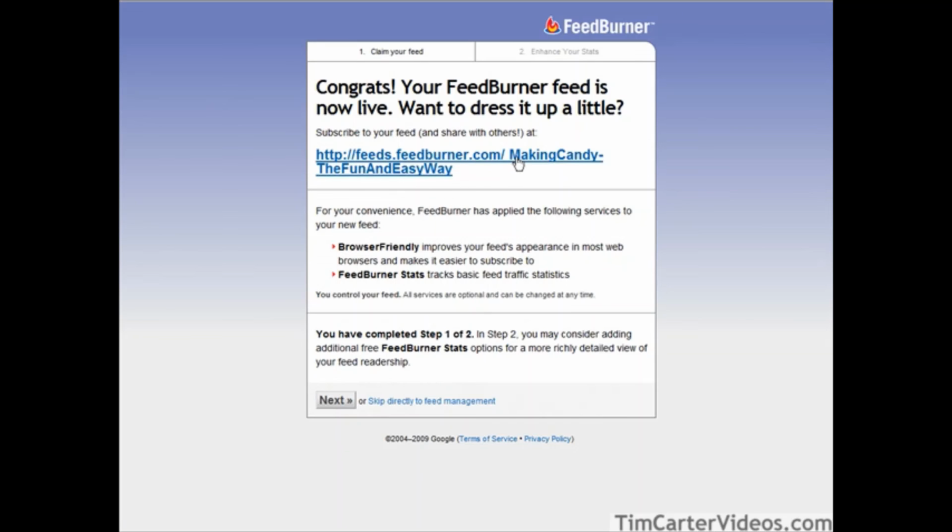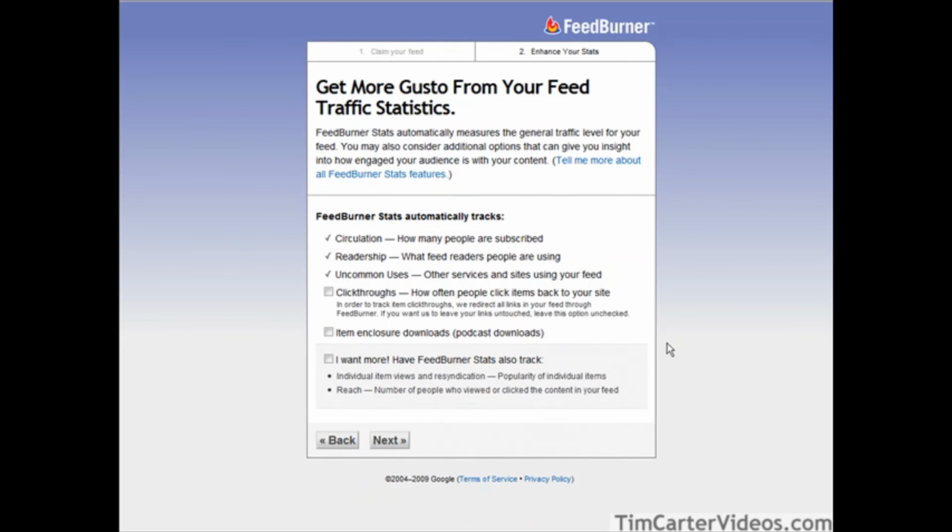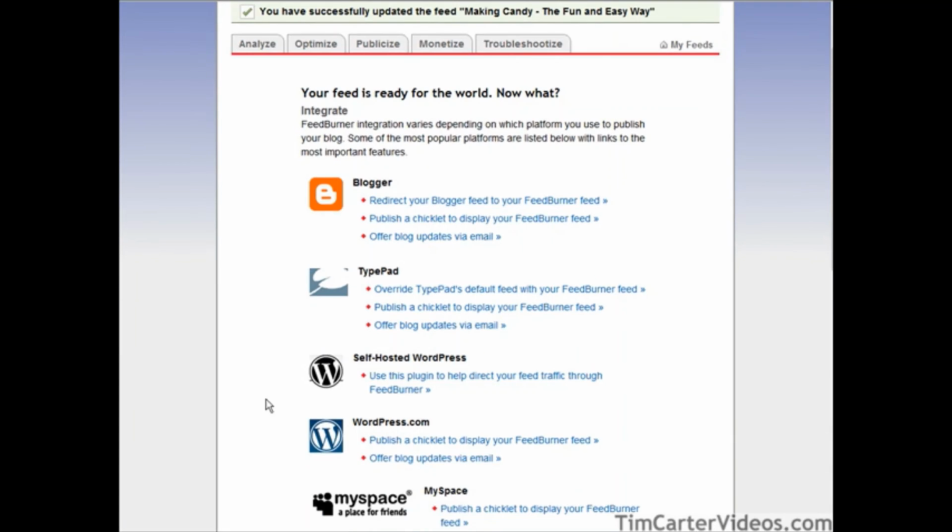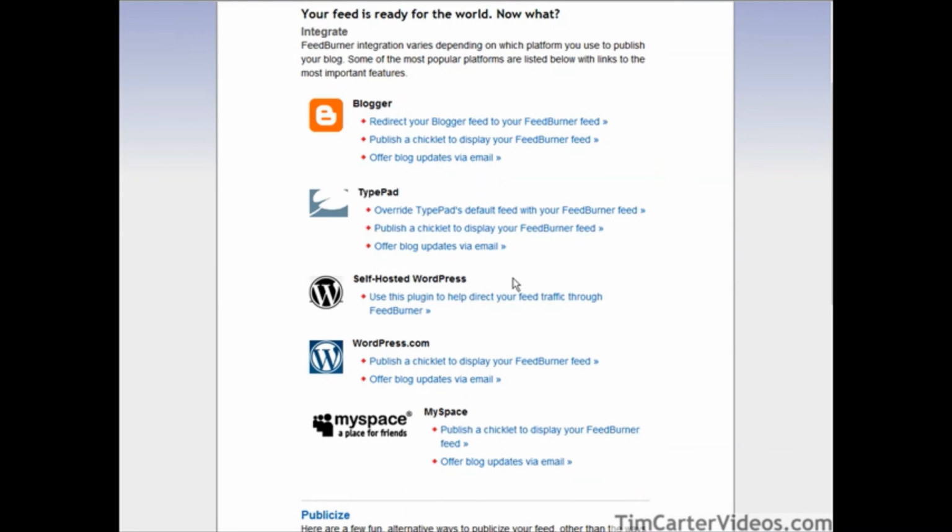Okay, so there is our feed URL there. And we can click next now. We can do a little more configuration. And we'll just click click-throughs here, so we can track how often people click back to our site. That's all we need there. We'll click next. Okay, and then if you come down here, we see self-hosted WordPress says use this plugin to